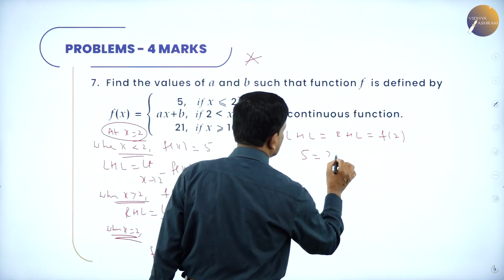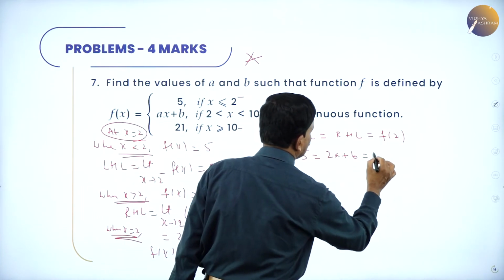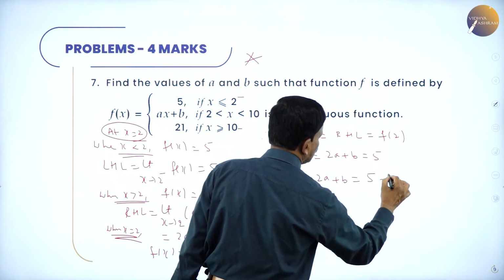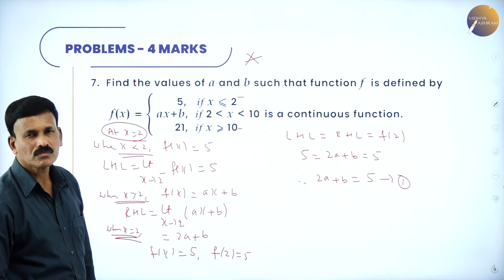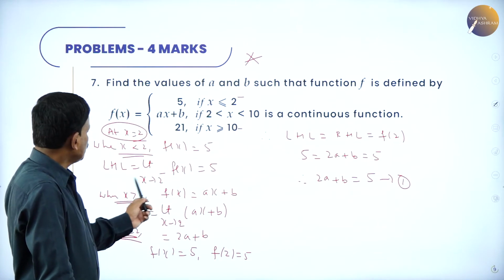2a plus b is equal to, again, the functional value is 5. So therefore 2a plus b is equal to 5. Let us represent this as equation number 1. Followed. So see here, when x is less than 2, f of x is 5, therefore you will get the